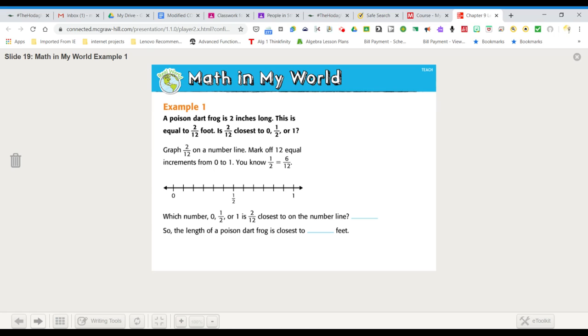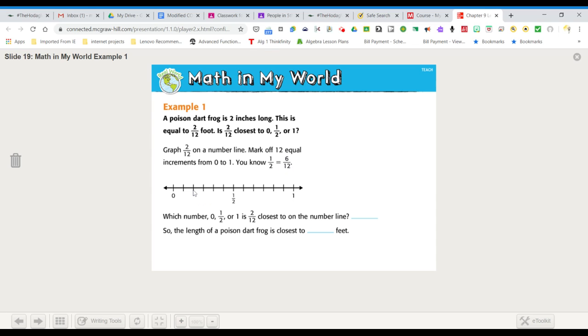Math in my world. A poison dart frog is 2 inches long. This is equal to 2/12 of a foot. Is 2/12 closest to 0, 1/2, or 1? So this number line is cut into 12 pieces. And as you look, 1/12, 2/12 would be right here. So on a number line, when you've already marked it off into 12ths,